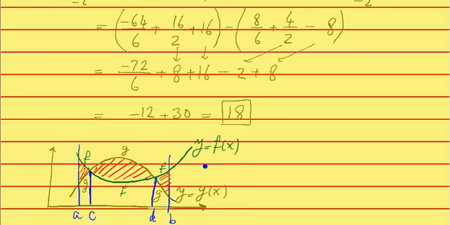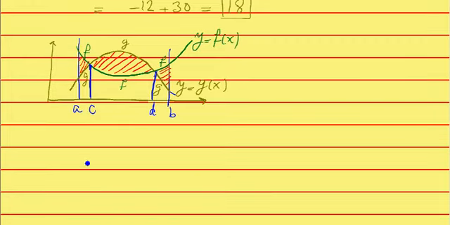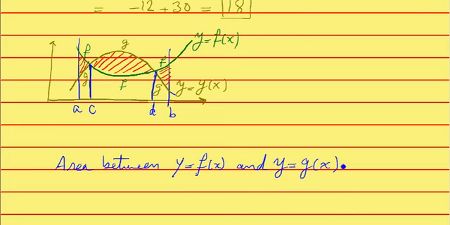Problems like this tend to be a bit tedious, that you have to repeat the same thing several times. But we could just go ahead and write a formula that's nice and comforting. Area between y is equal to f of x and y is equal to g of x over interval from A to B is